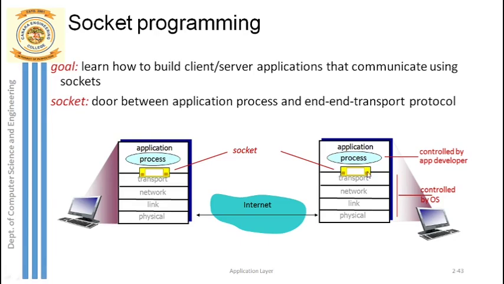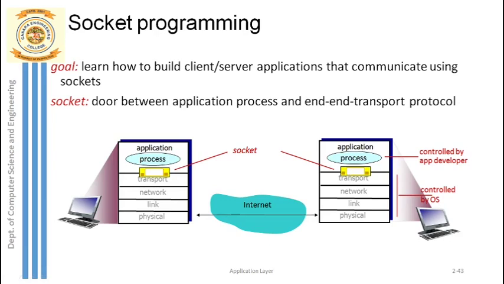Now tell me, at the destination, there is a door. Only through this door should the message be transferred. Correct? There are many people residing inside this house, and in this house again there is a door. Through the door only you have to deliver the letter. In order to reach this proper door, I need to know what? Door number. Remember, there can be multiple houses in the apartment. So in order to reach the proper house, I need to know the proper door number, and that proper door number is nothing but the socket ID. And that socket ID has an alternate name, that is port number or port address.